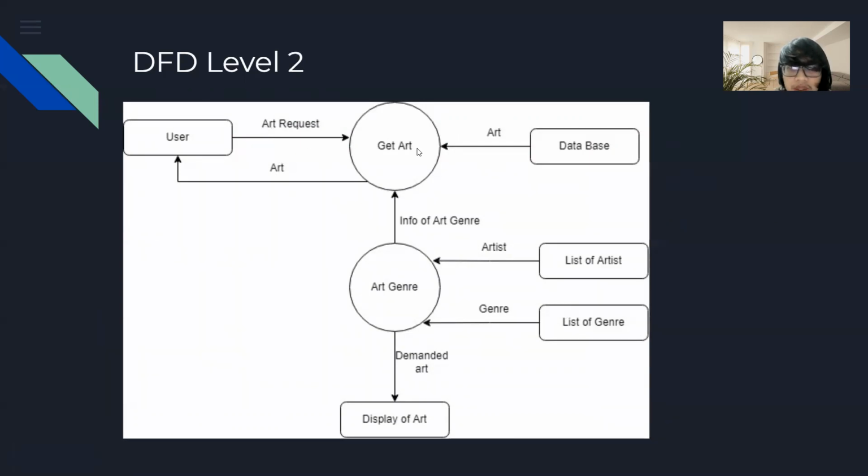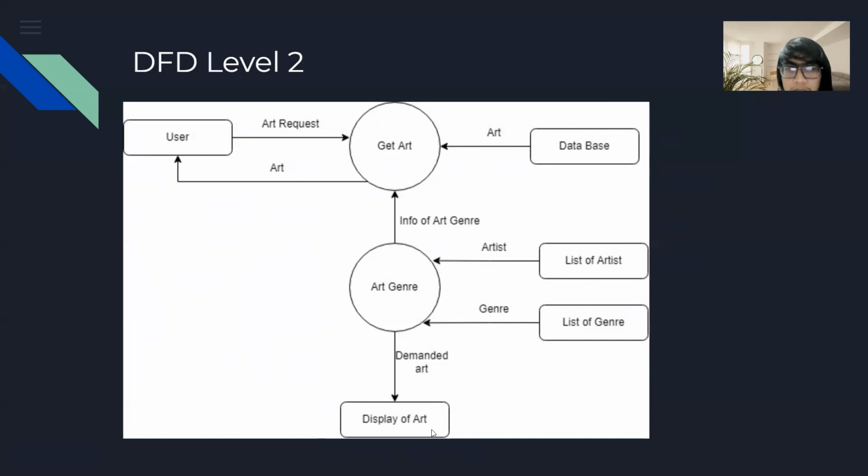So the user will request and the database will give it to the user. And also the art genre still exists, and art genre has a list of artists and also the list of genres itself. So we actually know the information behind each art, or to be more exact,